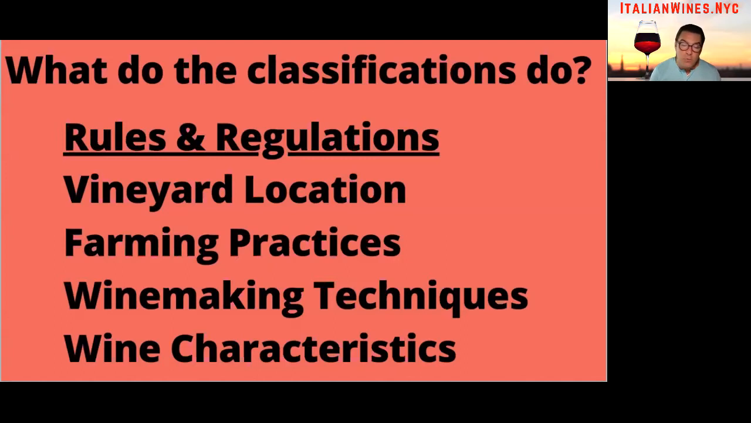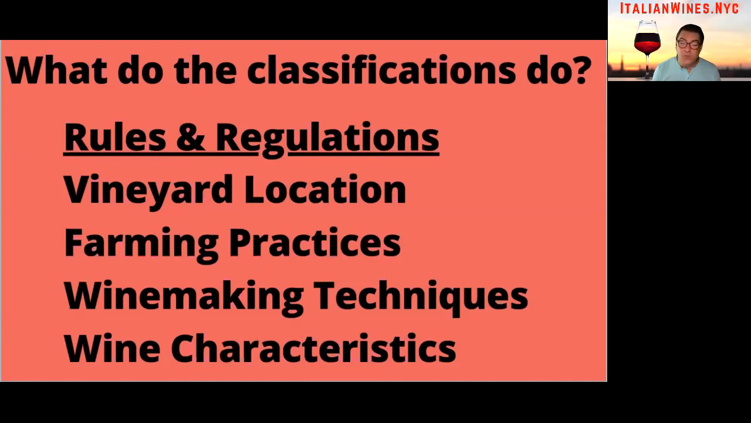That's because of the soil, the geographic location, and the climate all change from one area to the next. The farming practices are also specified in terms of how many plants per hectare can be planted, what the yield limits are. The yield limits are the amount of weight of grapes per hectare that can be produced, and that's usually measured in quintals per hectare. That's also controlled. For winemaking techniques, they stipulate the percentage of each grape varietal allowed in that specific classification of